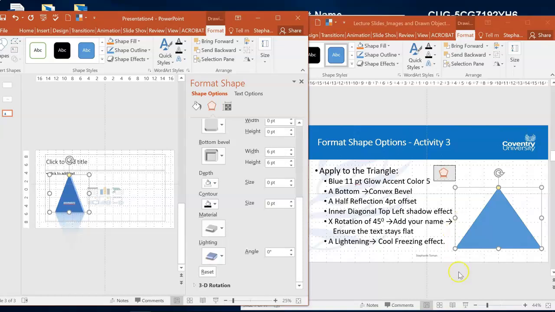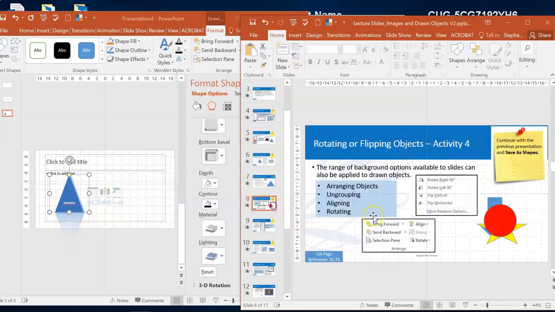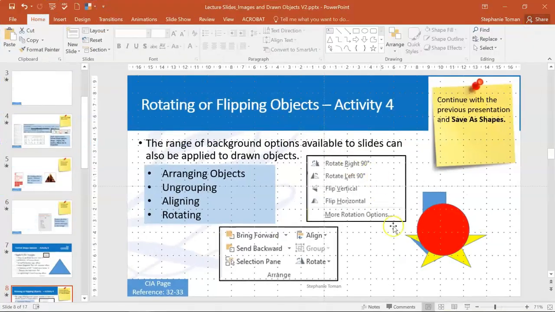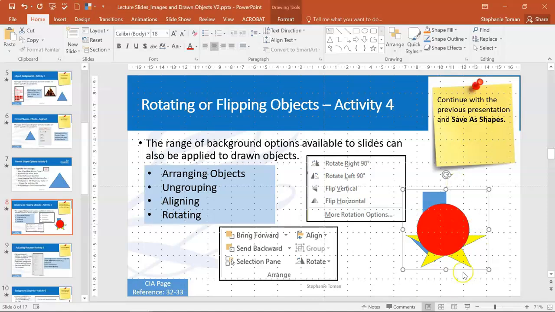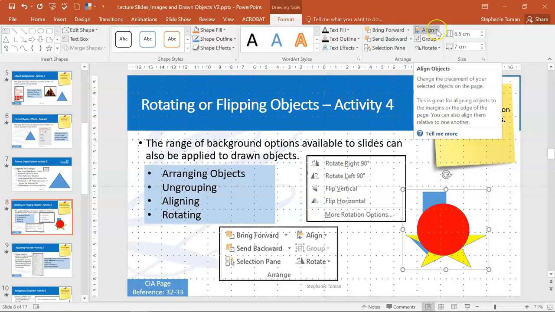So we're going to look at the next one now on this slide. Easy to do that. I'm going to just minimize this out the way for a moment and we'll open this one up. So looking at rotating and flipping objects. What you've got in your format tab, so if you click on something like a picture, your format tab becomes available, and then you've got some